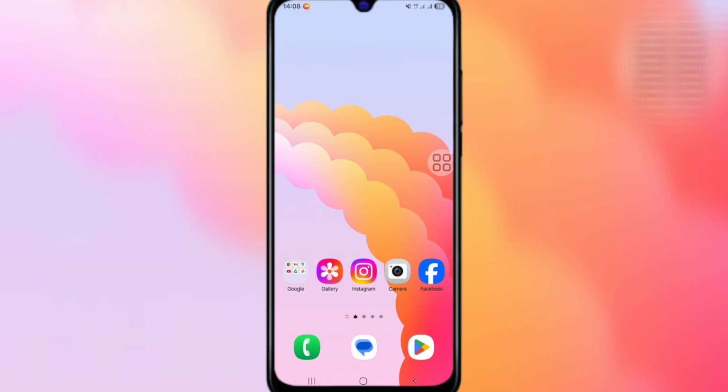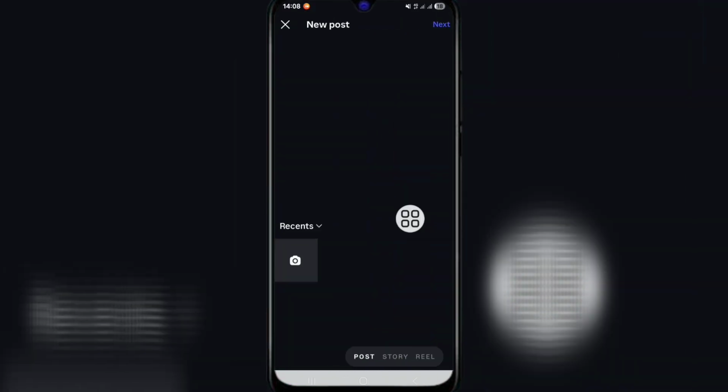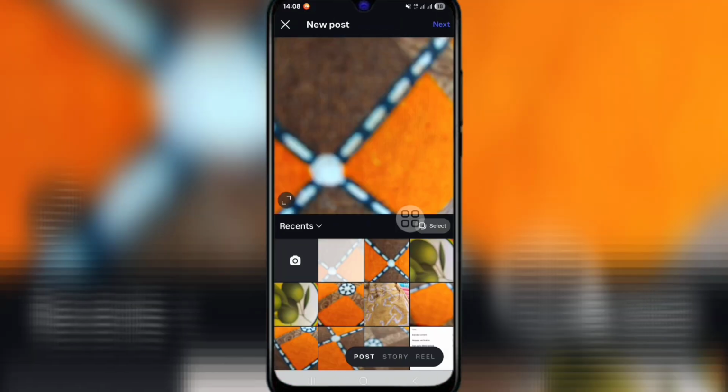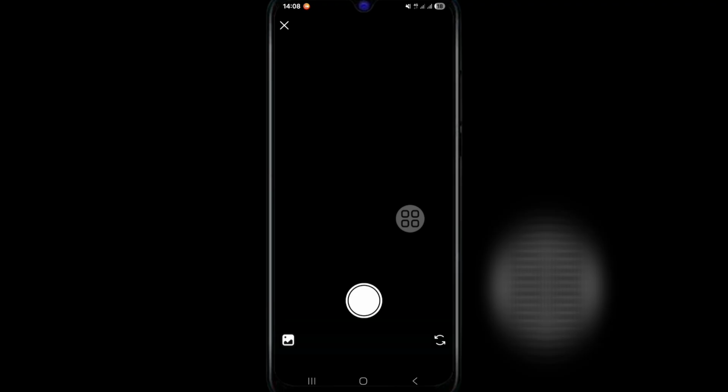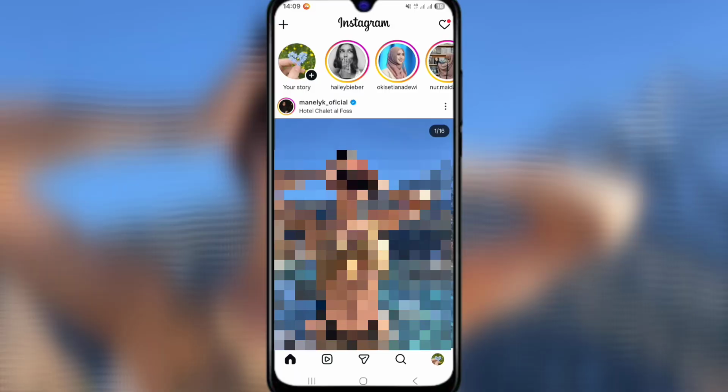So let's start. Viewers, if I go to my Instagram account, here you can see my Instagram account post, story and reels option showing, but Instagram live option not showing. After the new update of Instagram, new conditions have been added for going live on Instagram. Let's see those conditions. For that, go to your profile,